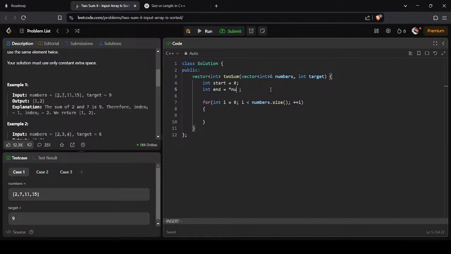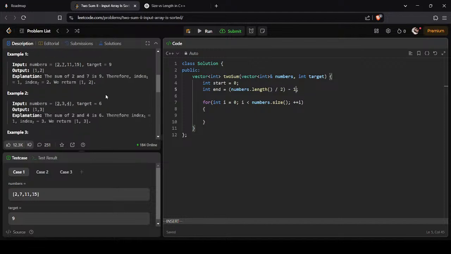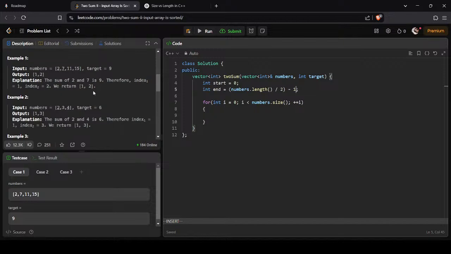So numbers.length minus 1, divided by 2, minus 1. So if this is 3, this is 3 divided by 2, it's going to be 1. Yeah, this should work. I guess I can do this to make it better, but it's really not necessary. But I'll do it. Okay, now what we can do is